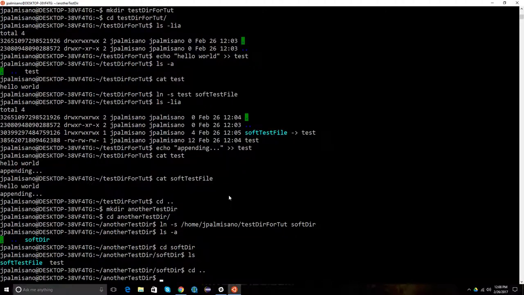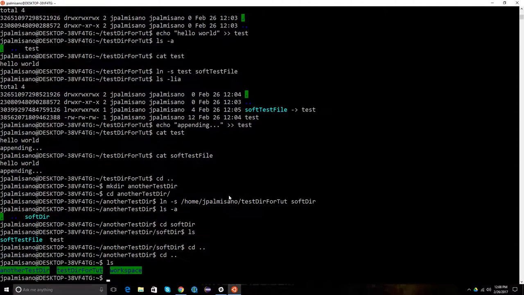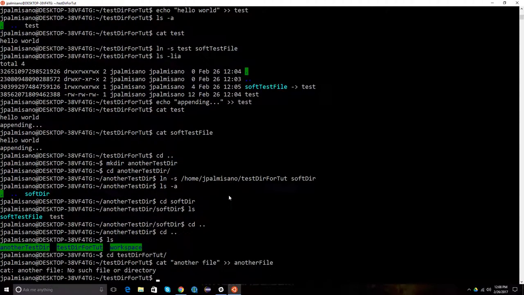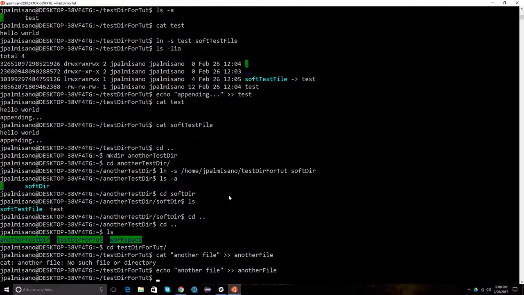So now if I were to go back into this directory that the soft link is referencing, then what I can do is add another file here, and we can go back. Oh, my bad. And then we can go back